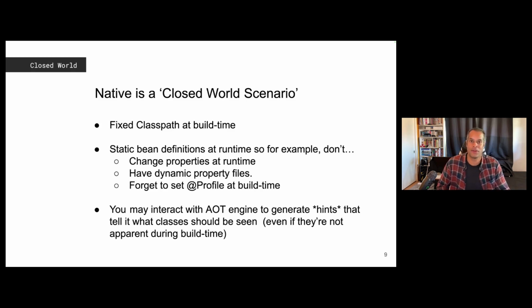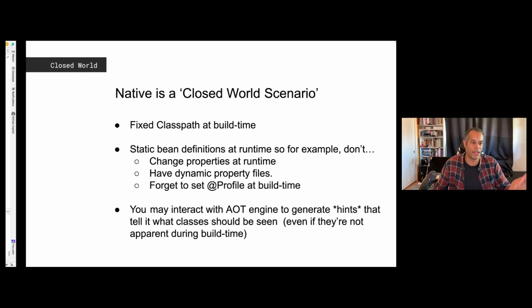So if the driver class changes, that's not going to be available. You cannot have dynamic property files, which is of course understandable. Not many people do have dynamic property files. You might not have something that's loaded automatically at runtime, for instance, like by console. Your application sees console, goes, hey, give me your config, loads the config, and then starts up. You might have something like a profile, for instance, and if you're executing a program like this, I have so many options.